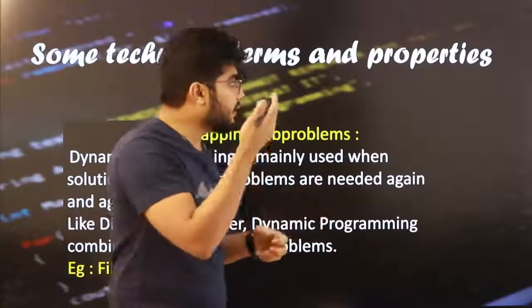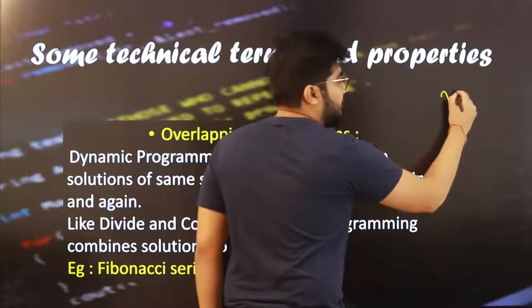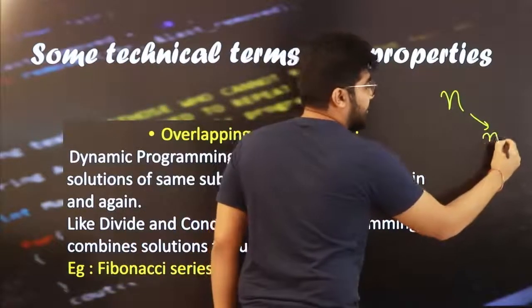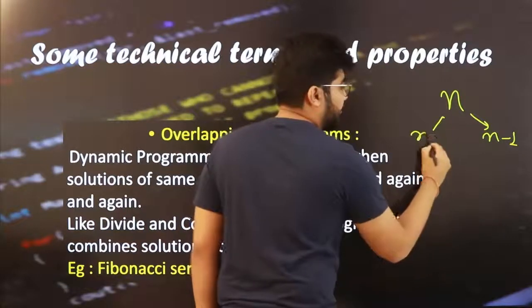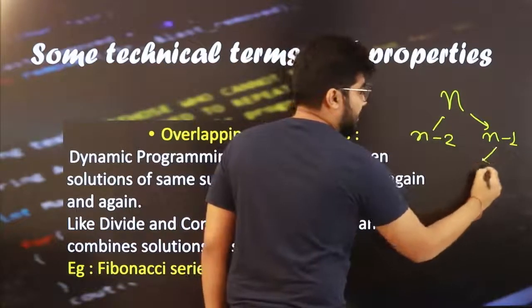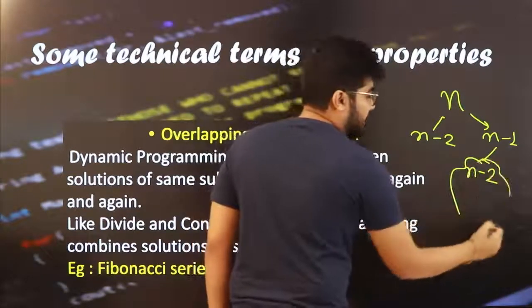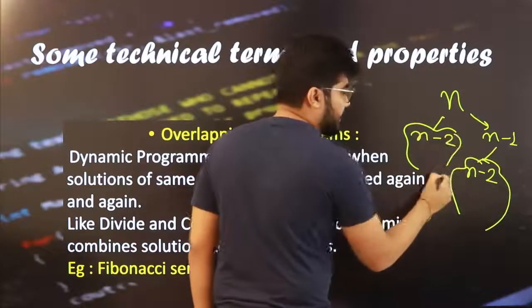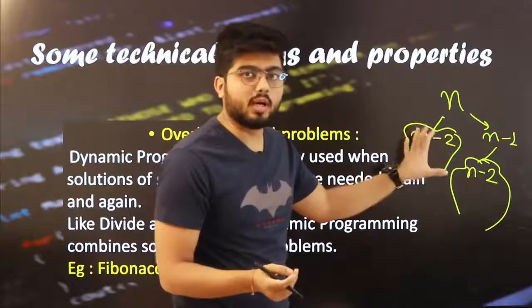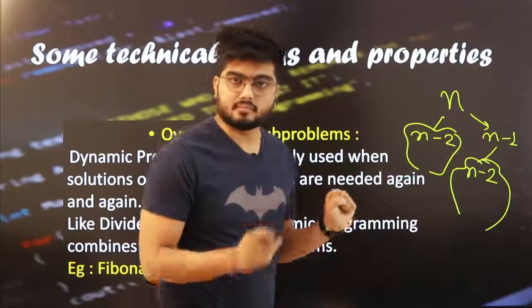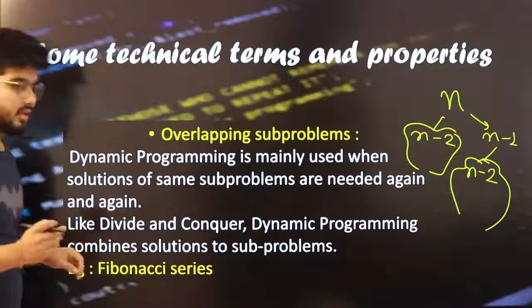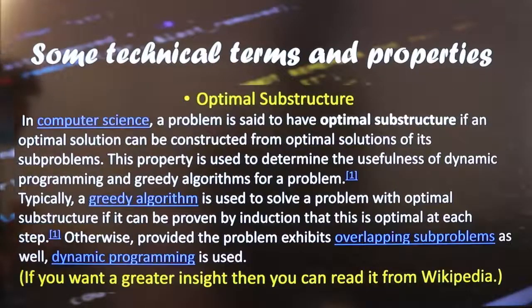Like what we just did in Fibonacci. In the Fibonacci series you are finding n-1 and n-2, and here in n-1 again we were calculating n-2. So you know this subtree and this subtree, they are the same. So basically we have overlapping subproblems here. That's what it means. Well, when does the main problem come up?